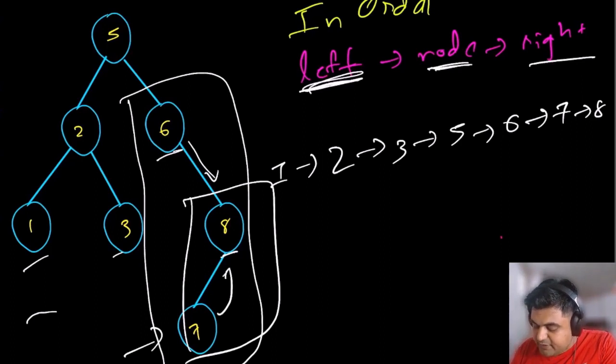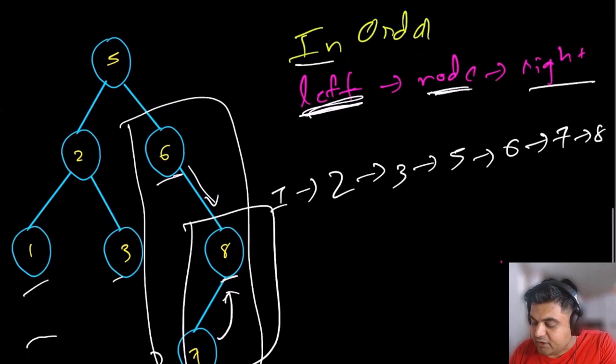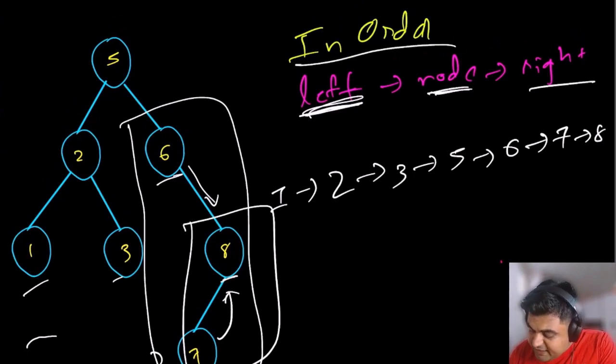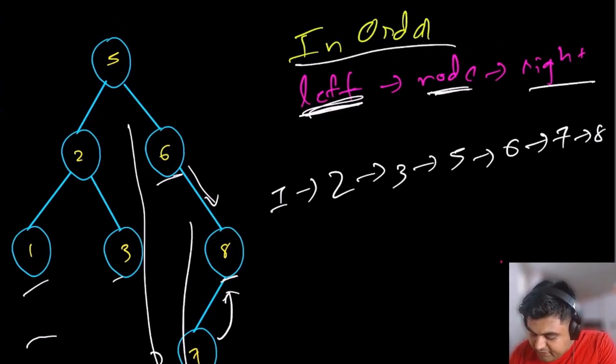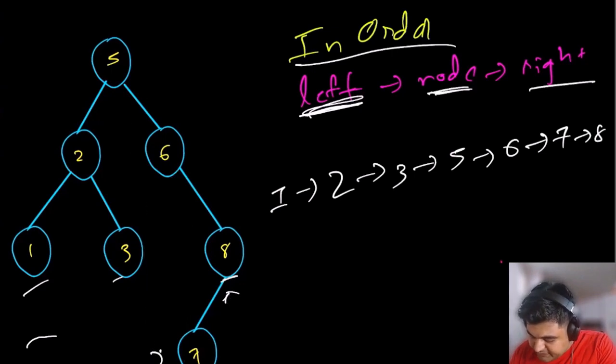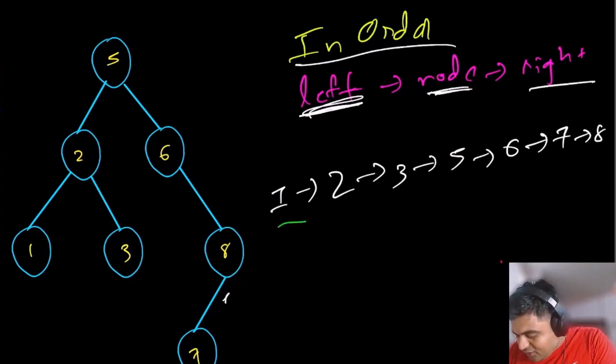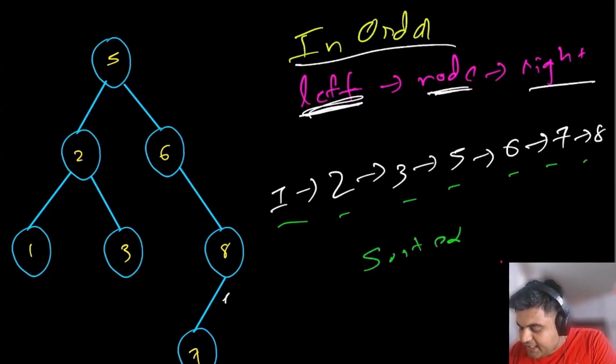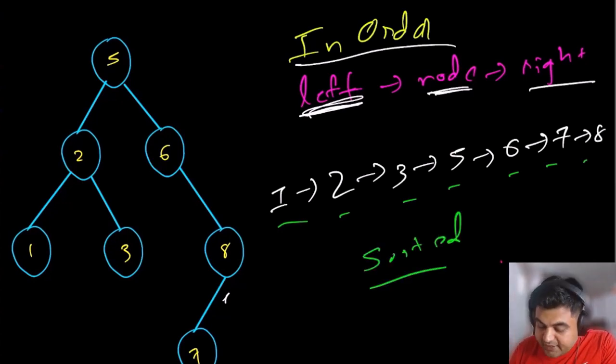And then we would have visited all the nodes in the in-order traversal. Now, seeing from the solution that we have visited, you should be able to infer a very clear thing right now. And this is actually a solution of a very popular real-life problem. You see that all of these values are actually presented in a sorted array. And why are they presented in a sorted array?